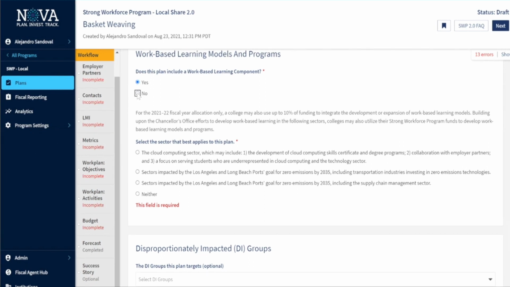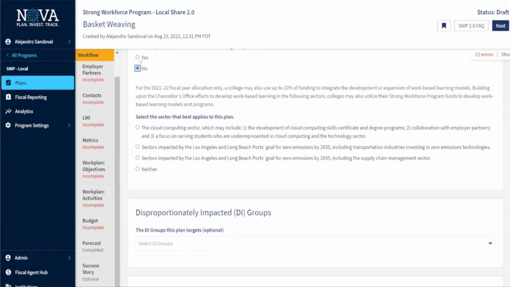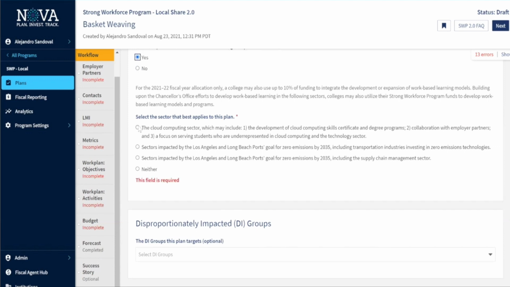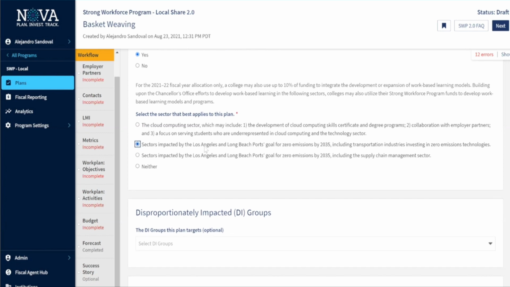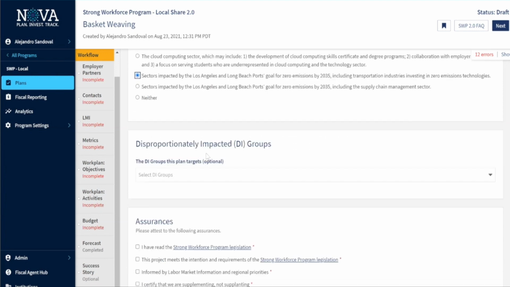If it doesn't include a component, you'll see that the field no longer becomes required. So let's say that it does, and this is a project that is one of the sectors impacted by Los Angeles and Long Beach's port's goal for zero emissions by 2035.